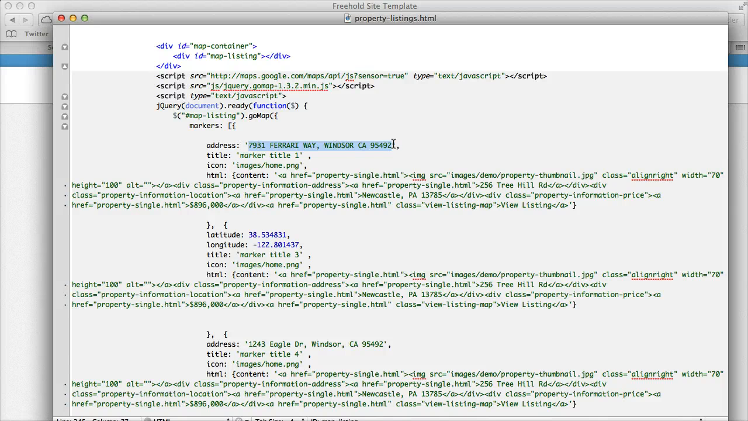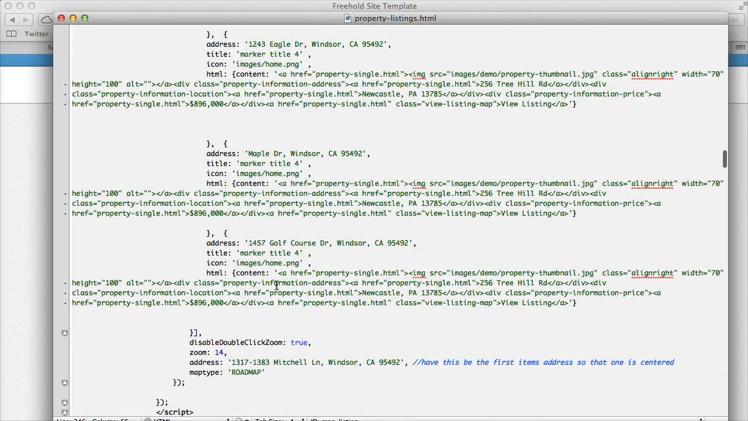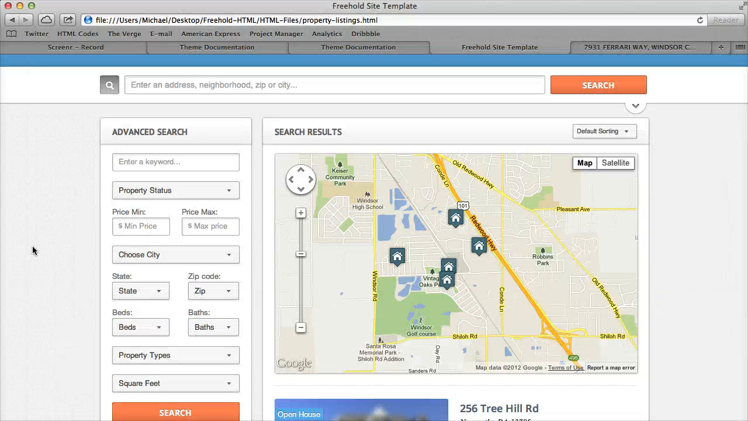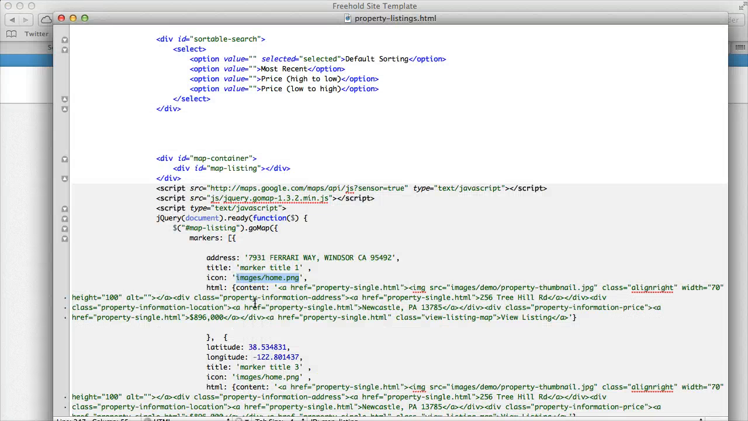For instance, we have our address right here, and this is our first marker, and it's all really simple. The title just needs to be a unique marker title. The icon is this house. So if you wanted half of these to be houses, and half of them to be gas stations or schools, you can do that. And then the HTML right here